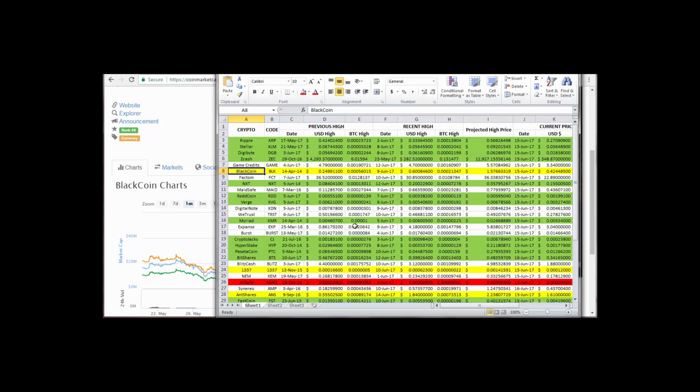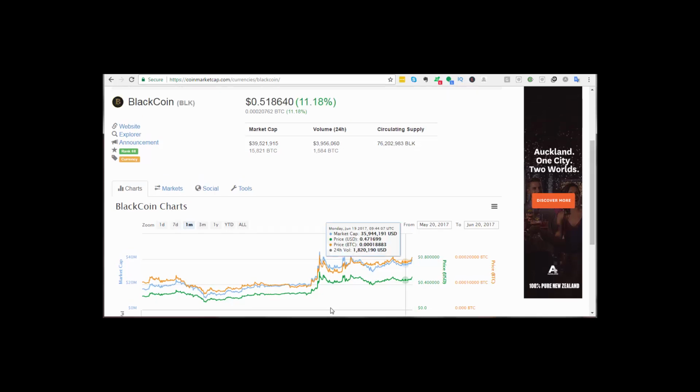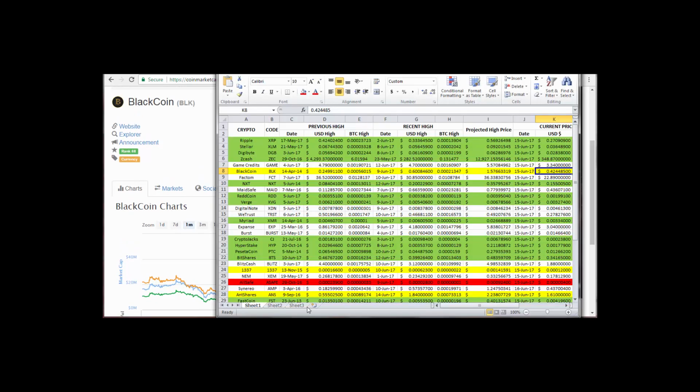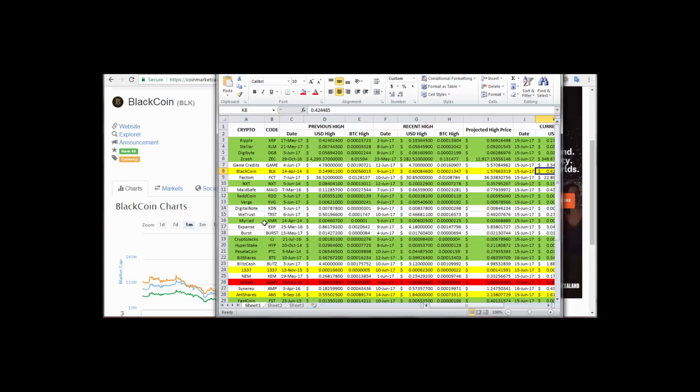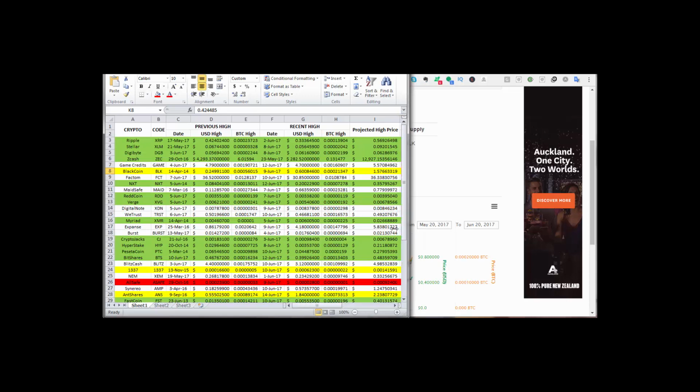Now I actually did this calculation on the 15th, 5 days ago, and at that time the price was 42 cents. Now the price is at 51 cents. I hadn't gone in only because it didn't fit the technical analysis for me at that point in time, even though its fundamentals are there, and the spreadsheet told me it was a good price to go in.